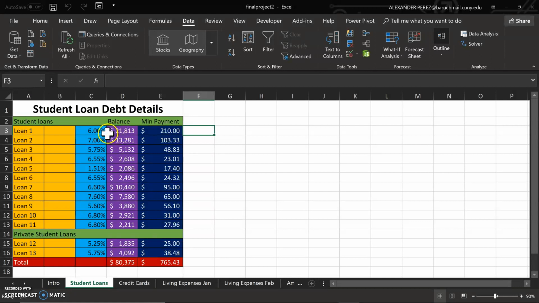I had to find this information from 3 different websites. The interest rates are all accurate. The balances are all accurate. The minimum payments, because obviously I'm still in school, so some of these have been deferred, and some of them don't have minimum payments yet. So I had to estimate on some of these numbers, and some of the other loans have accurate numbers. But in order for me to have an idea, I had to generate a certain estimate. So for this example, it looks like I'll be paying around $765 worth of student loan debt, with an $80,000